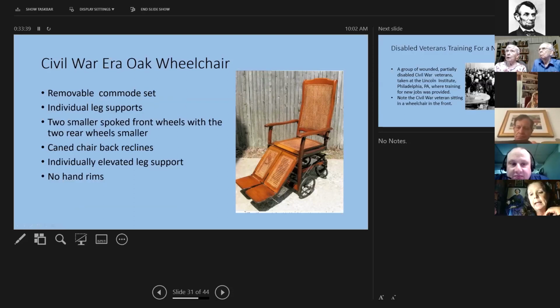And the cane chair back reclines, and it has individually elevated leg supports, but it has no hand rims. And as you notice, there are four small wheels, and that is very unusual. It's the only one I've seen in all the research that I have done.